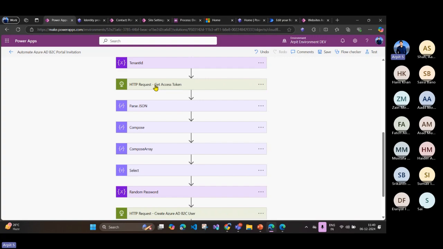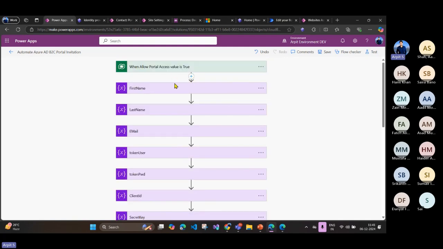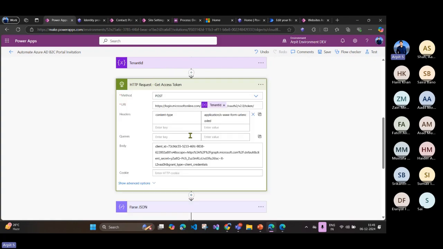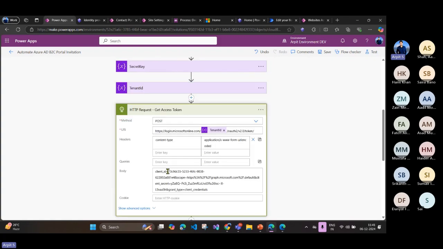And the second, once you create that user, you have to send the details like username and password to that particular contact's email address, right? Once you enable that, you have already captured the email address and everything. In order to call the Graph API, you first need to have the token. Graph API is similar to the Dataverse Web API. In order to authenticate that API and perform any transaction in the B2C, you need to have the token. To get the token, you see I already have the client ID,